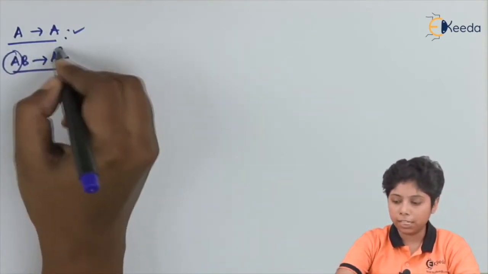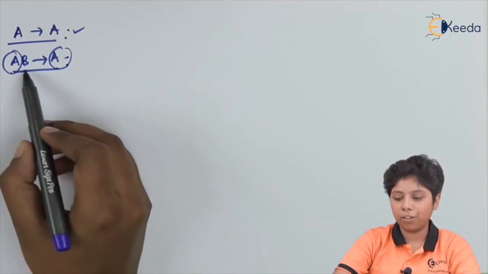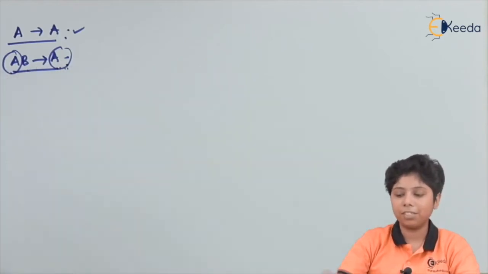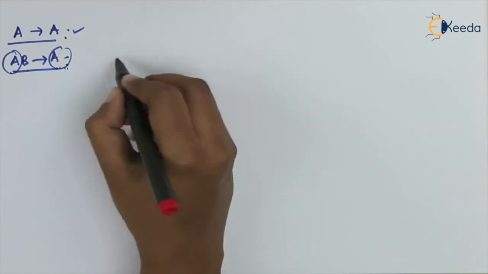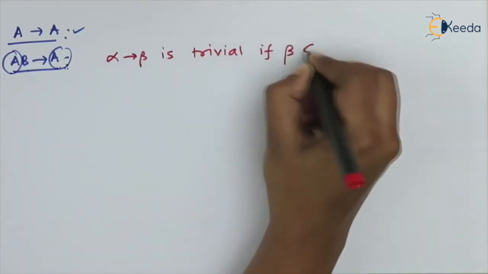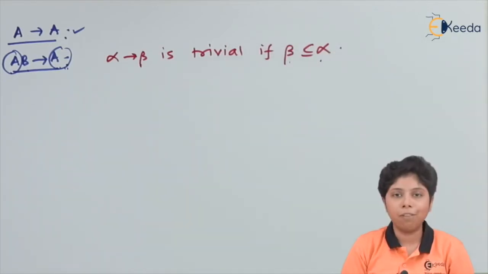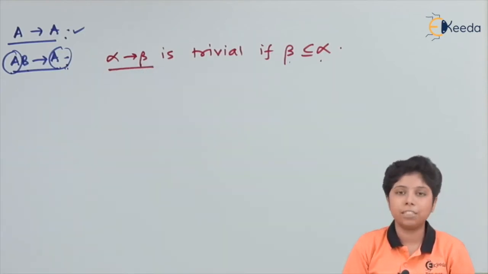that has a part of A in it on the left and right hand side both will also be trivial, because for every combination of A and B there will be a corresponding A to it, because the left hand side or the defined part has an A in it. So we can formally say that if beta is a subset of alpha, then